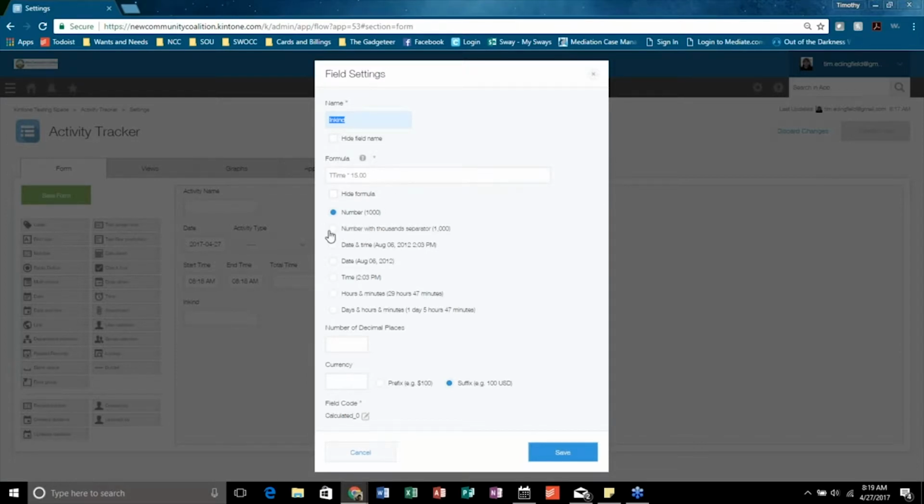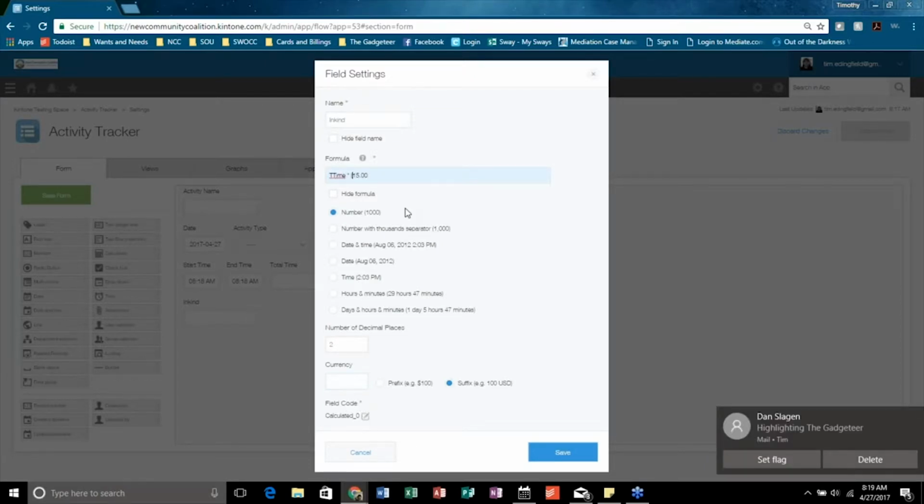So we say we want 2 decimal places. And maybe we have to put this in parentheses for it to work.